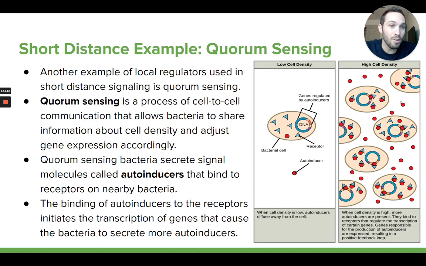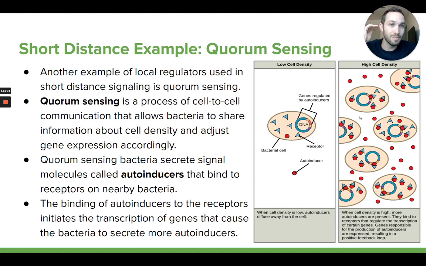And those autoinducers can bind to receptors in these bacteria cells. So these bacteria cells have receptors for these autoinducers. And if there's a lot of bacteria cells, there's going to be a lot of autoinducers. And if there's a lot of autoinducers, then these bacteria cells are all going to have a lot of their receptors becoming activated. Whereas when there's a low concentration of autoinducers, because there's not a lot of cells, very few of these receptors are going to be activated. And so once a certain proportion of these receptors become activated, it's going to trigger a certain